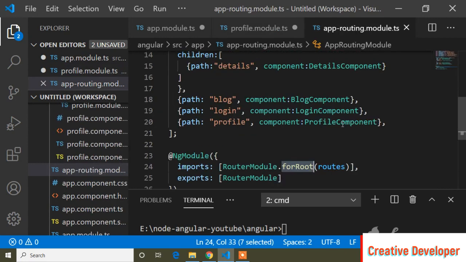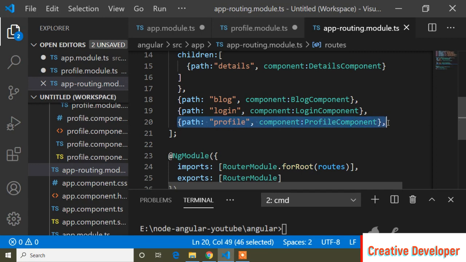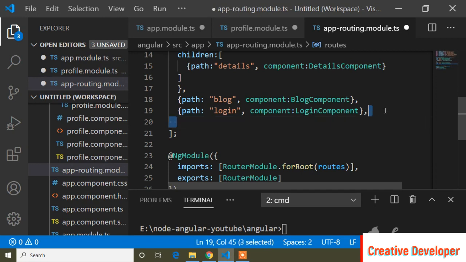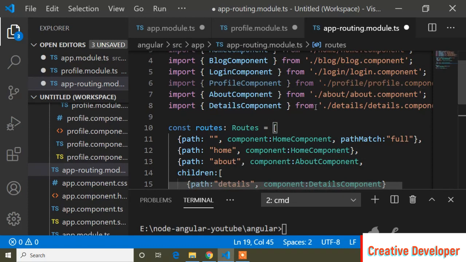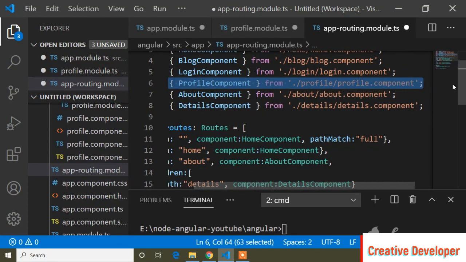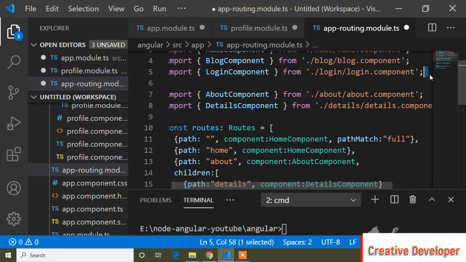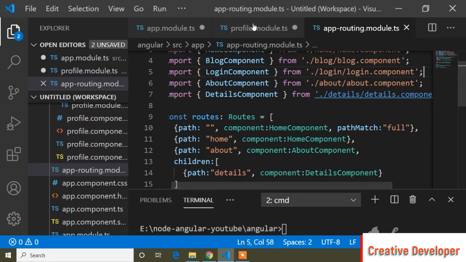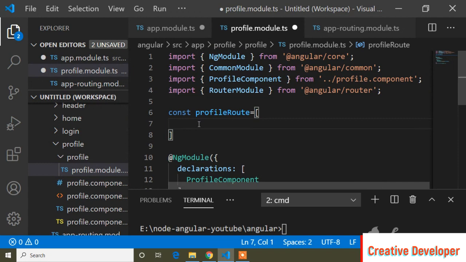For that, from here I will cut this profile route, so I don't need to import this profile component here. I will remove this profile component from here also, and just here I will paste this profile route.